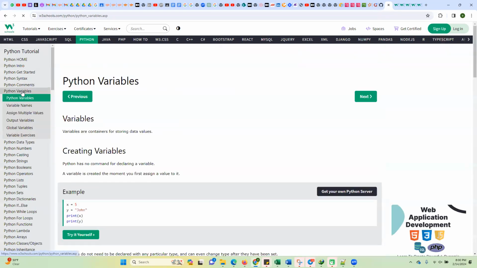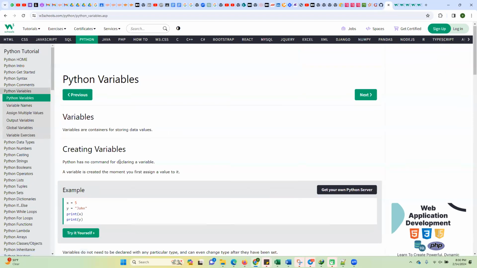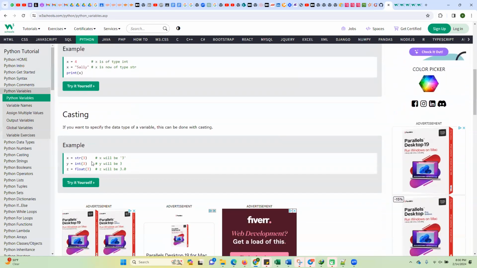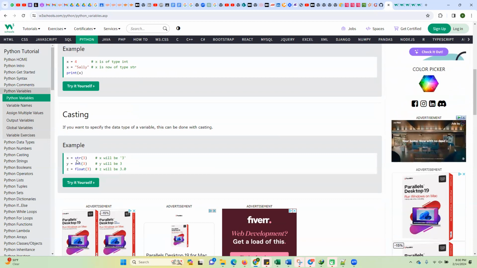Now we come to Python variables. We define a variable and we know it will automatically take the type. I already showed this to you. There is also casting. Suppose a variable already has some type, but I want to change the type. So I want to make this 3 a string, because I'm particularly saying the type is str. So when I say type str, even though the value is all numeric,